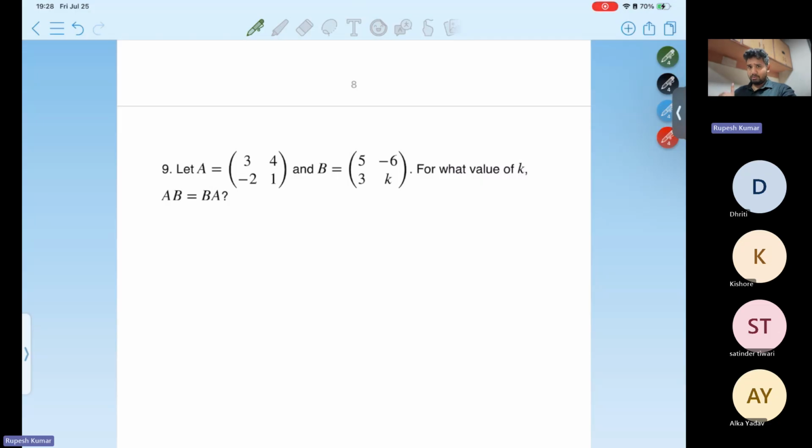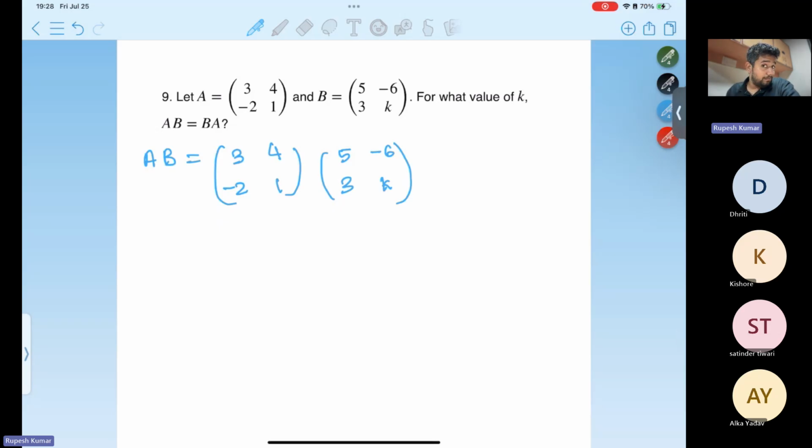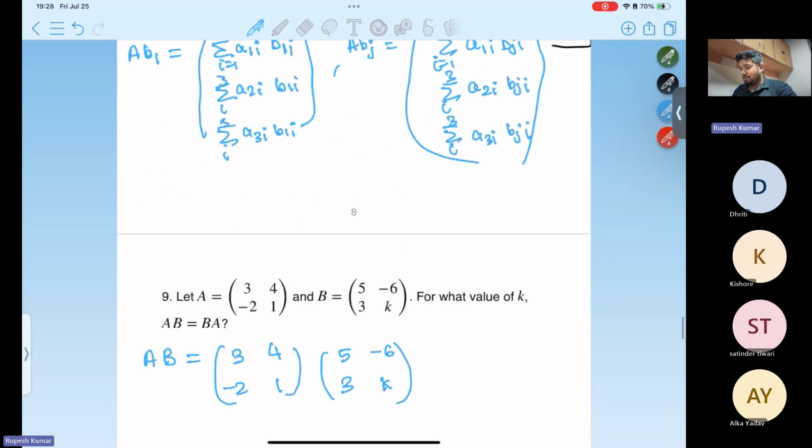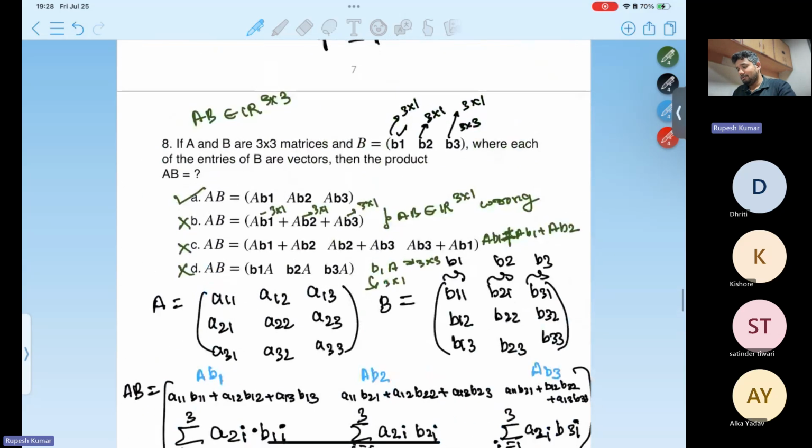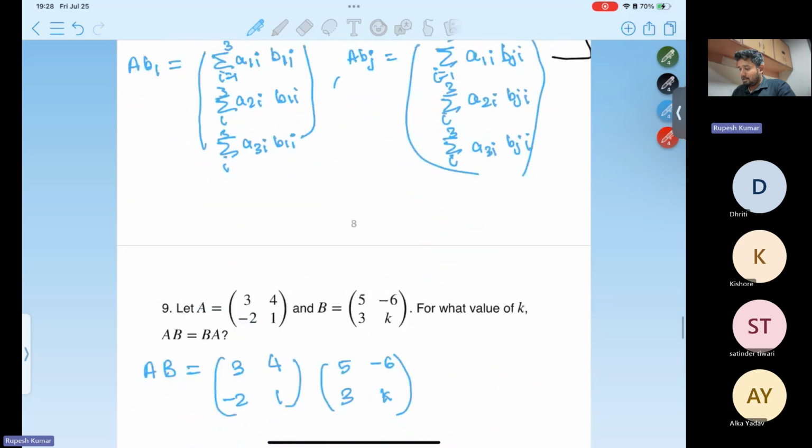So again, let's do one thing. Try to find AB. So what is the value of A into B? 3, 4, minus 2, 1, 5, 3 minus 6 and K, right? Let's write this matrix product. Again, using the trick from the previous problem, we can always write this as